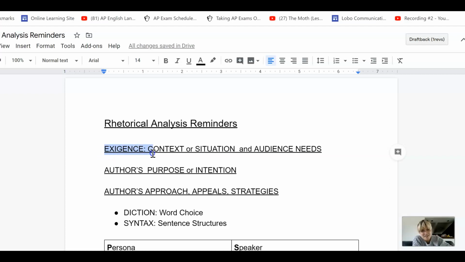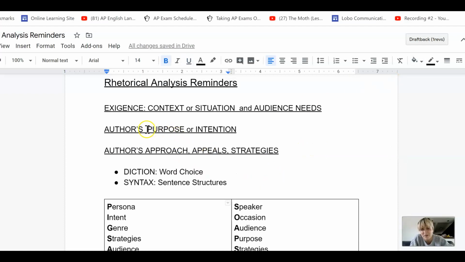So looking at the main things you want to focus on, you always want to think about what's the exigence, or the context or situation at the time, right? So if you're talking in an elevator, it's very different from if you're talking in a movie theater or if you're talking in your house, right? So the kind of talk that you have and the kind of situation at the time, what's going on historically and what's going on with the audience. What do they need and what do they expect? So you want to think about the situation. That always guides what's available and what the author can and can't do.